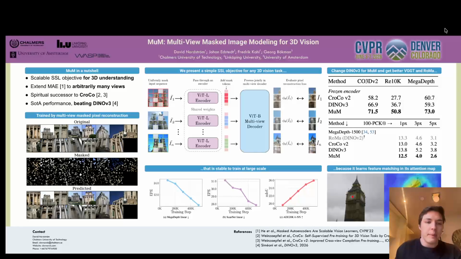MuM beats the recently released DINOv3 in many of the 3D vision tasks that we evaluate. One perfect task for MuM is feed-forward reconstruction from arbitrarily many views. This is the CVPR 2025 best paper VGGT, and we try different encoders there. In VGGT, they use DINOv2.